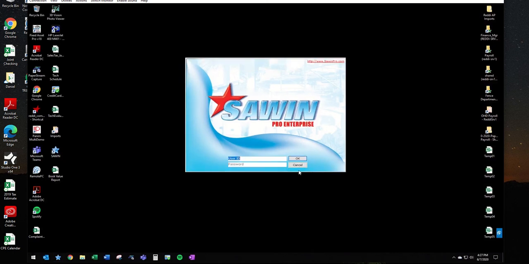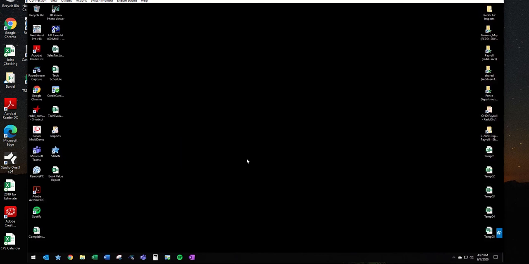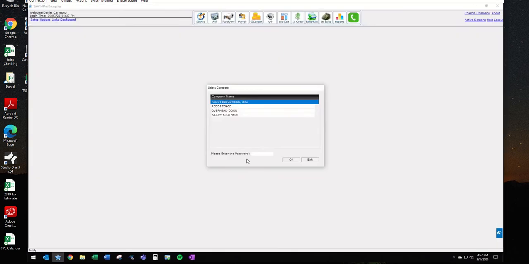And this is the login screen, so we see it's Sawin Pro Enterprise. You should have a login. If you don't have that, you'll have to get that first before you can log in here. So when we first open up the system, we see that we have the option to select different companies, and yours might look a little different depending on what permissions you have for the different companies, but this is the